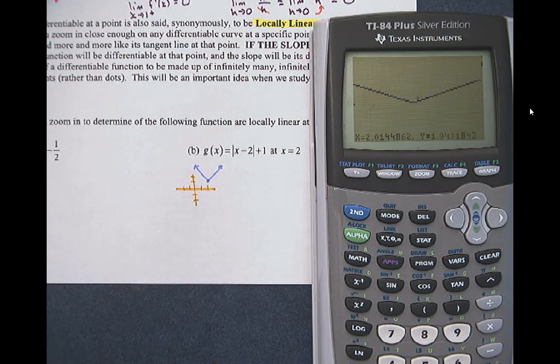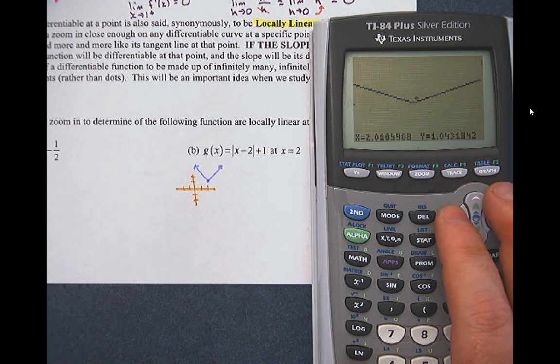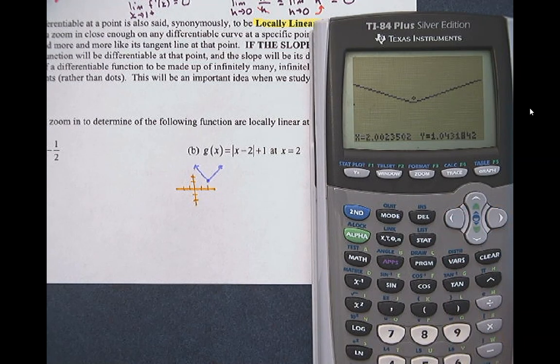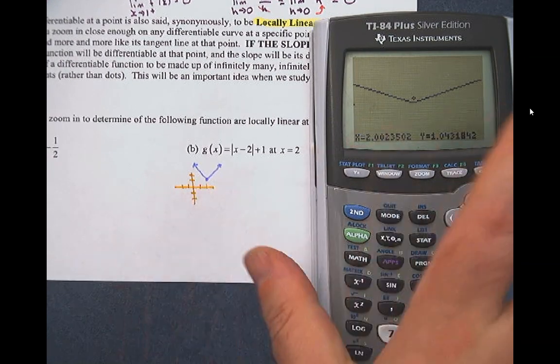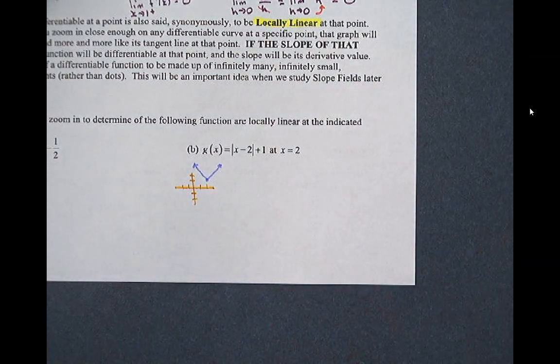I don't think we need to keep zooming in. I think you can tell. Right around 2, so 2 is right around here. Is my graph basically a straight line? No, no. This function is not locally linear. And that makes sense because we have what's called a sharp turn. So in this case,